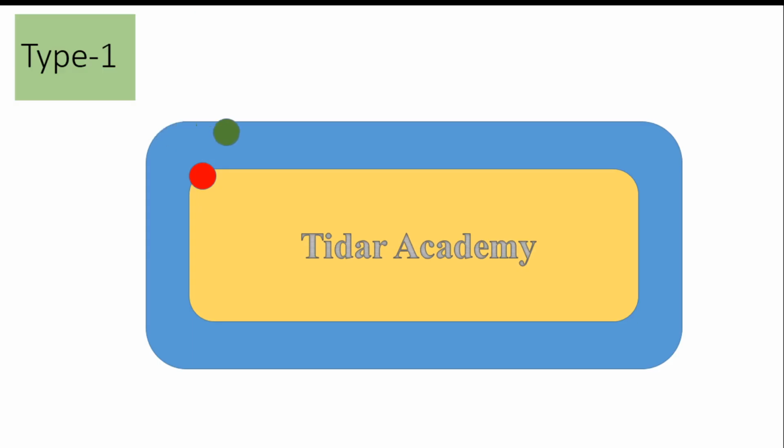So here what will happen, on one click the green color ball is moving around this bigger rectangle. In second click, this red color ball is moving around this small rectangle. But I want to make both these balls move simultaneously and continuously. Just I want to change the next slide. So how to make it?